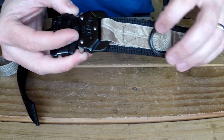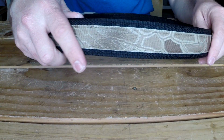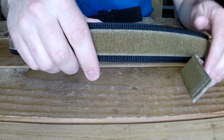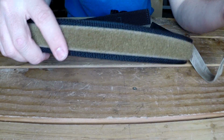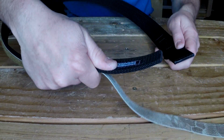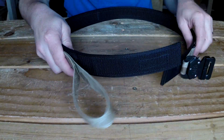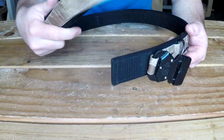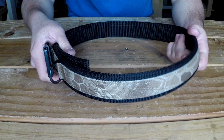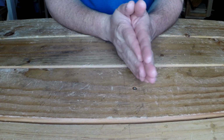We'll do a little spin around so you guys can see the wear and see how this thing is actually holding up. The stitching is just fantastic. It's not coming apart. The Velcro is heavy duty Velcro. It's just holding up to everyday wear. It's very comfortable. Just a really good belt. I enjoy wearing this every day. So thank you, Brown Coat Tactical. I will be purchasing some more of these eventually as soon as I get the funds. It's totally awesome. Speaking of gun belts,